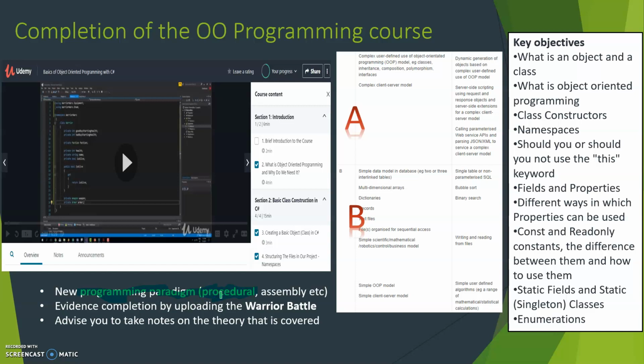Well, OO is a very different style of programming, and it's a different way of actually creating programs to solve problems. It has a lot of benefits, and it's probably the most widely used paradigm in the industry. But it does take time to get your head round, and it's a key concept of the year 2 course. It's also a key concept in the project, and I've just highlighted here in this box